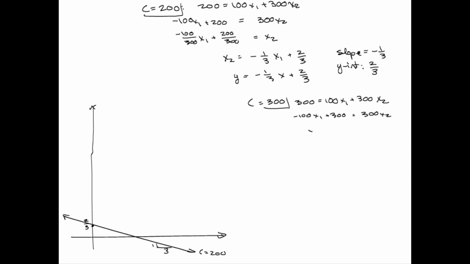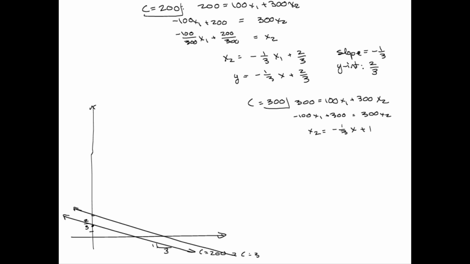So this is going to give me x2. I'm still going to get a negative 1/3 x. This time I'm going to get 300 over 300, which is 1. Okay, so if I think of this as 1/3, then here's 1. Slope is still the same, so my line will be parallel. This is when